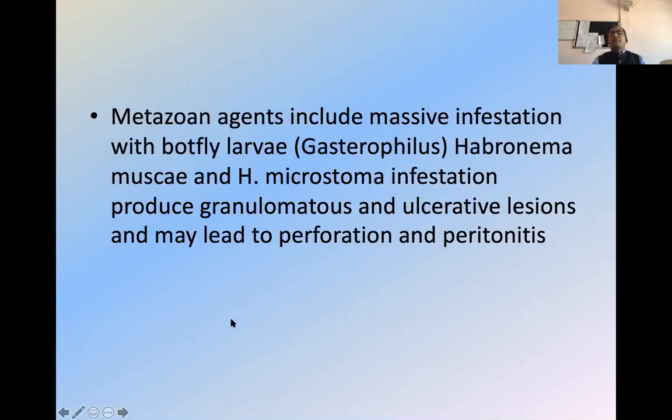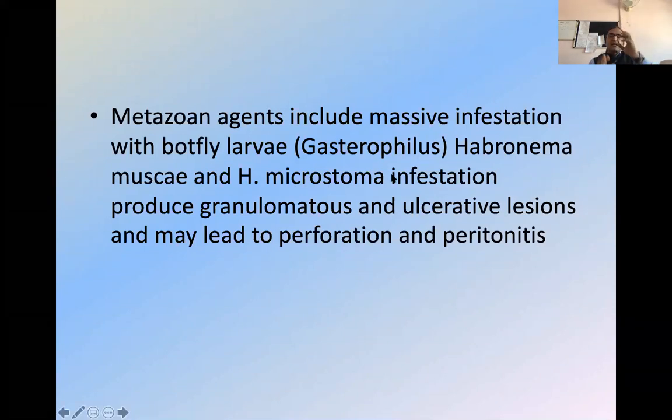Now, as we are talking of metazoans, these are agents, like a fly, that invade the oral cavity and produce a massive infestation, like the bot fly larva. It produces Gastrophilus, Habronema muscae, and Habronema microstoma. These are some of the flies that enter the oral cavity of ruminants and produce this granulomatous